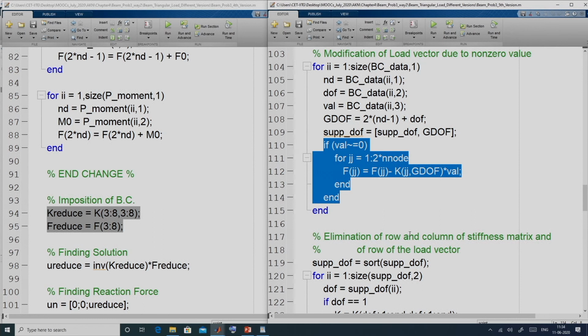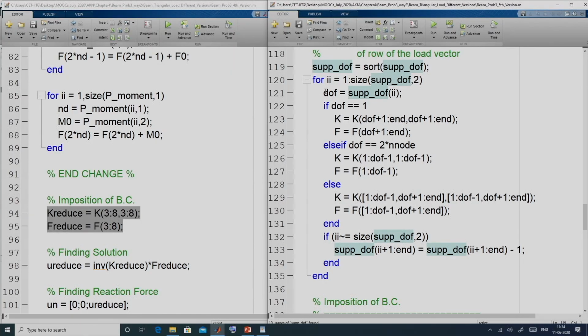Also, we have to eliminate the corresponding row and corresponding column of the global stiffness matrix and global load vector. So, that is done here. All the prescribed global degrees of freedom are stored in this suppressed DOF. Now, we sort those global degree of freedom numbers from smallest to largest.